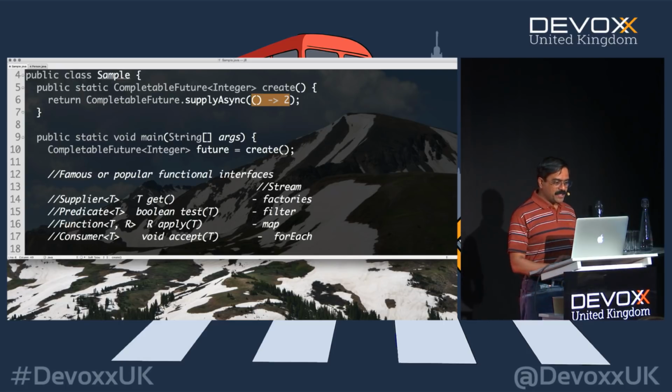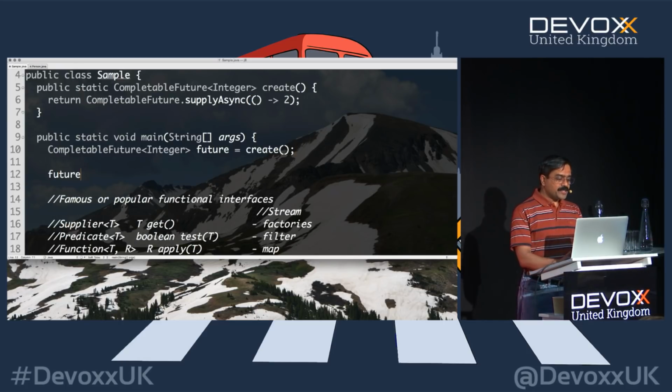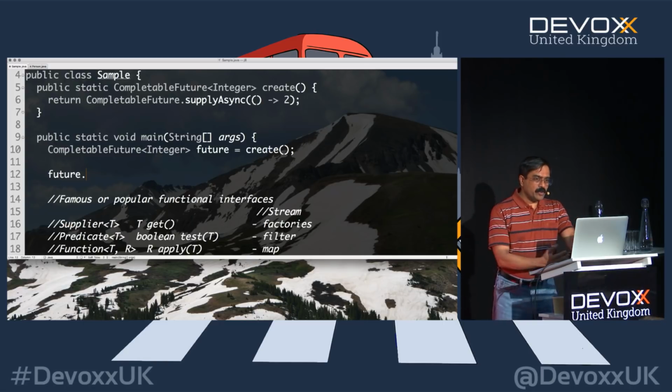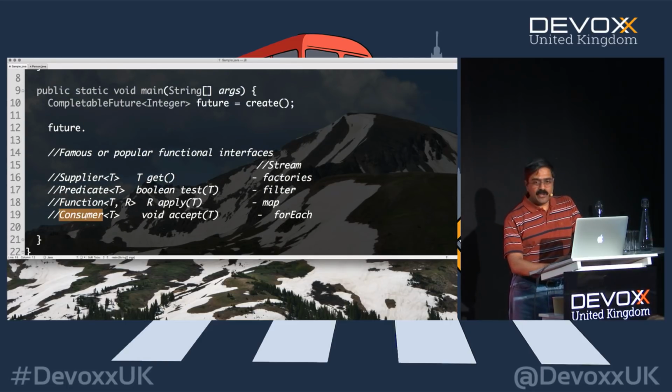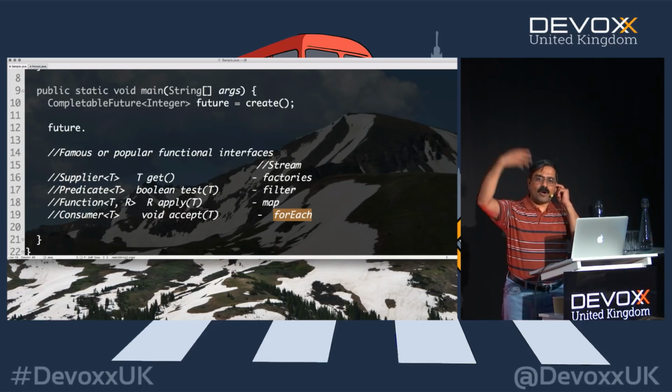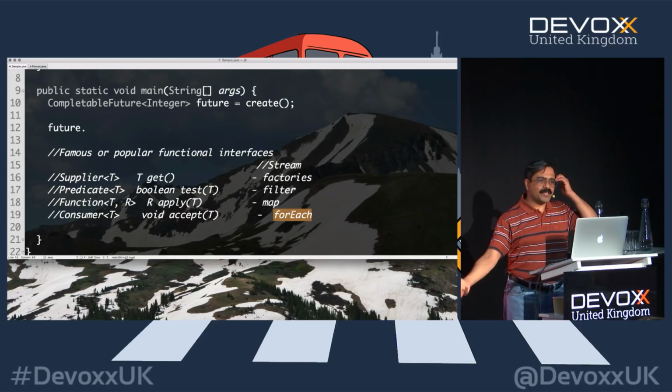But obviously the question is, what do I want to do here with the future? I say future dot, and I want to really print the result I'm getting, which means I'm going to consume the result given to me. When you start thinking this way, the API becomes very intuitive. I want to consume. Now, obviously, what kind of method am I going to use? Well, a forEach method doesn't make any sense because remember, a promise only deals with 0 or 1 element, whereas a stream deals with 0, 1, or many elements. So the forEach makes sense because when you have many, you say for each. When you have only one, it's for one, not for each.